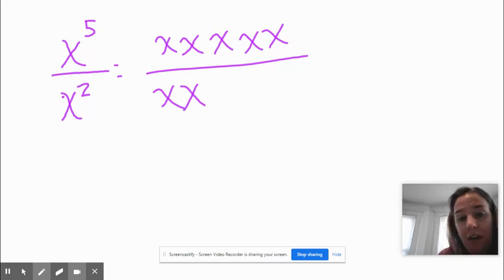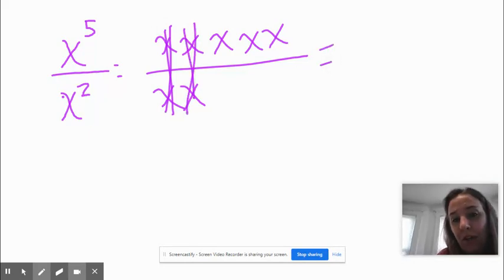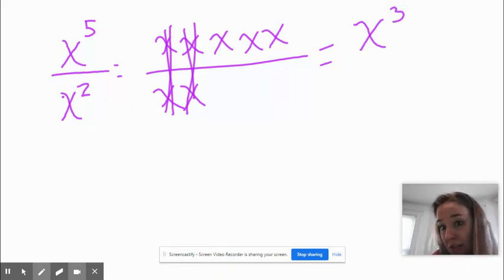That means that, right? So you can actually cancel stuff. Those cancel, and you're left with 1, 2, 3 x's, x times x times x. So that's the same as x to the third over like nothing. There's nothing there, so it's just straight up x to the third. So the quick trick is look at your variables now and just subtract them. And that's that, right? So it gets a little weird. We're going to do more examples that'll help you, but